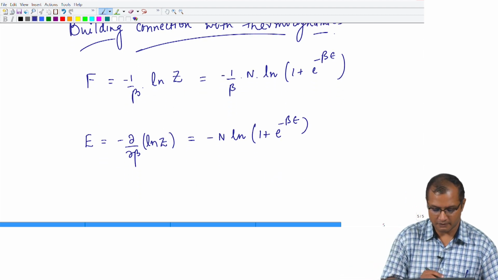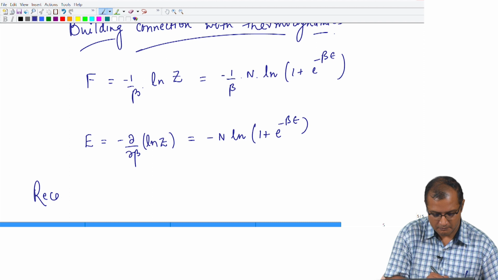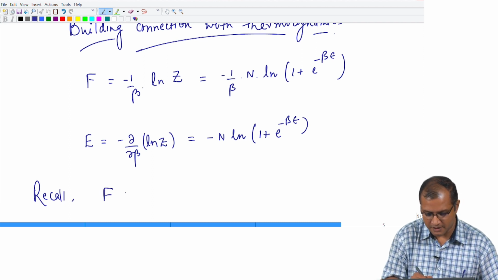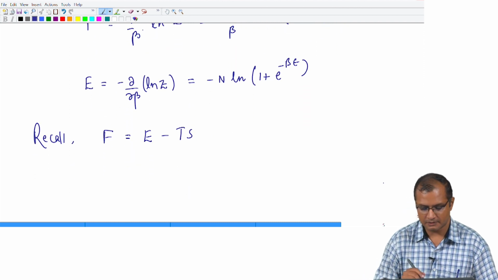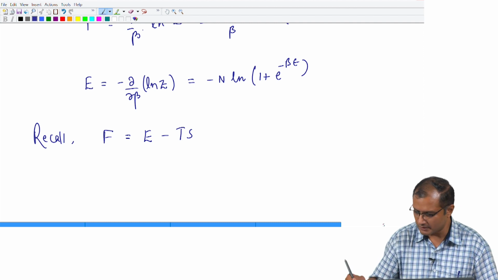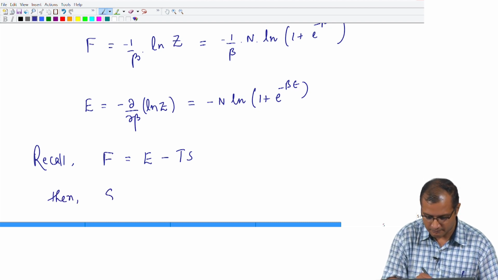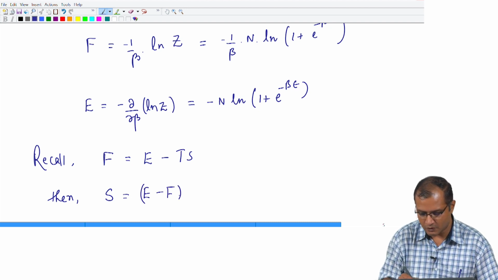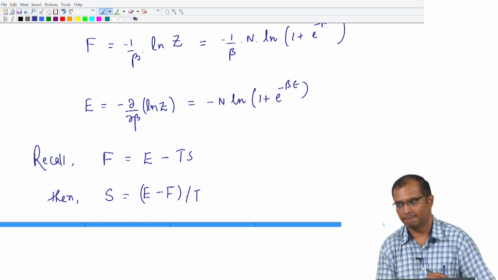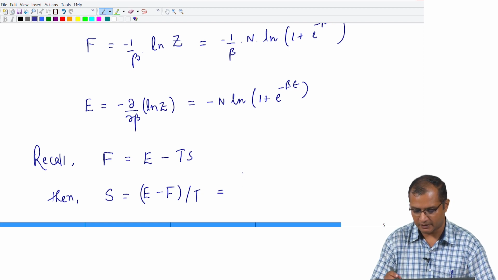okay. So, now you can recall that our free energy is connected to internal energy from this expression. So, I can compute what is my entropy simply, I can write it as E minus F over T. Okay. E and F are both computed here. So, I am going to write down E and F as